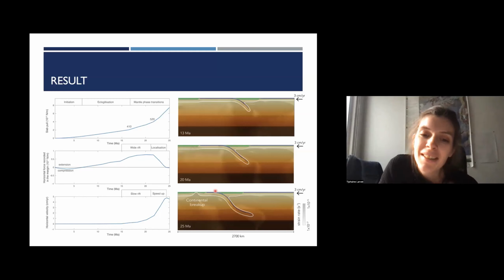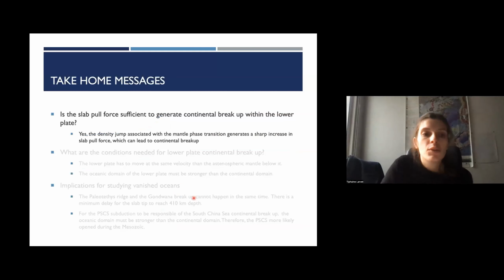Then the deformation localizes, the rift velocity speeds up, and you can see the continental breakup. So to the first question, is the slab pull force sufficient to generate continental breakup within the lower plate? The answer is yes. The density jump associated with the mantle phase transition generates a sharp increase in slab pull force, which can lead to continental breakup.